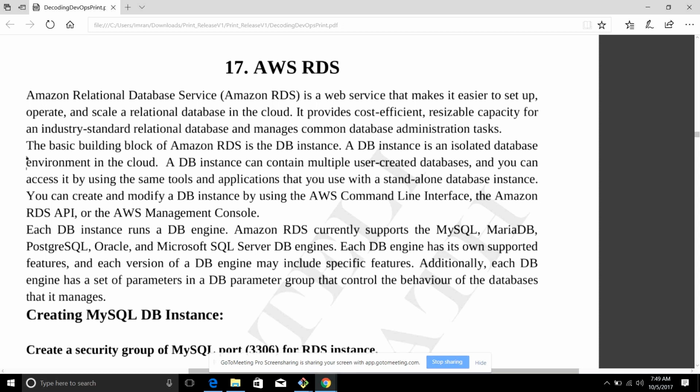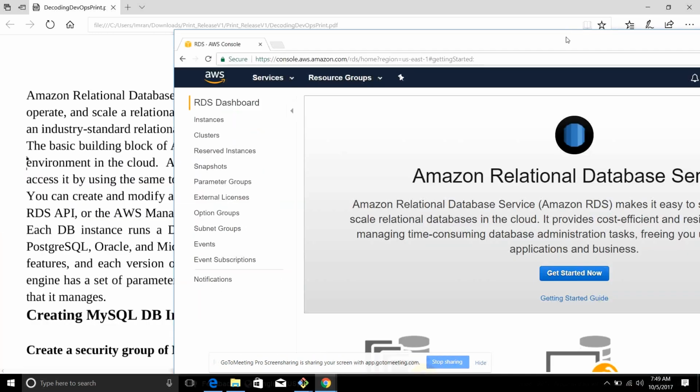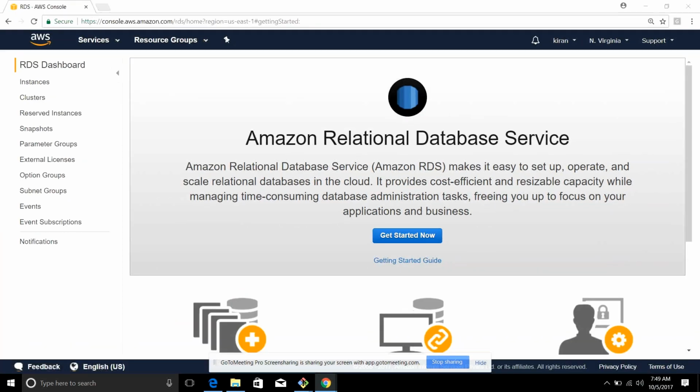So we're going to go ahead and set up an AWS RDS in our AWS account. I'll search for RDS, Relational Database Service. Today you'll see the power of platform as a service. Amazon Relational Database Service, it says,